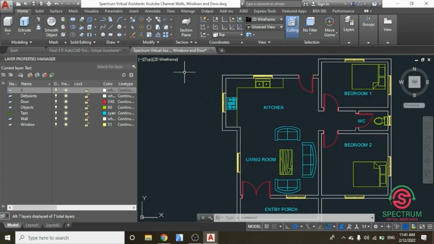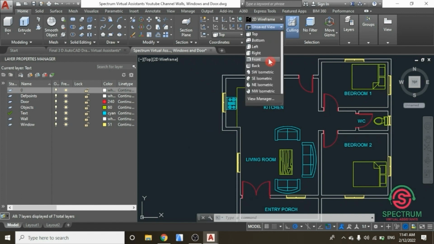Now the first step that you're going to do is click on this part at the bottom to change the workspace to 3D modeling. Once you have done that, we are going to change our view to southeast isometric. Click on that,